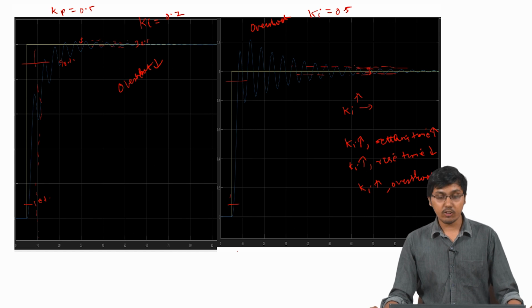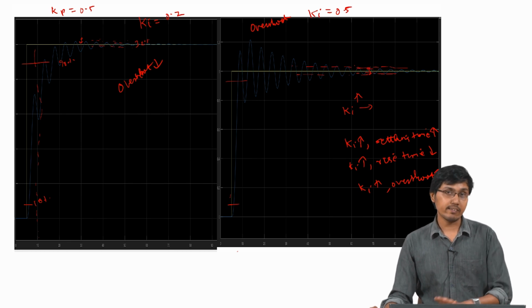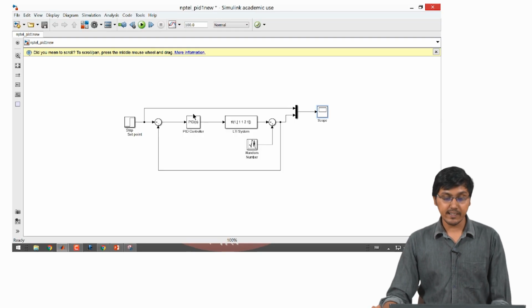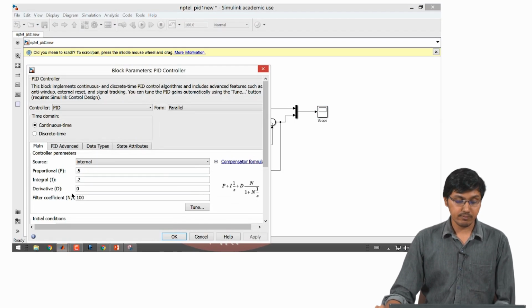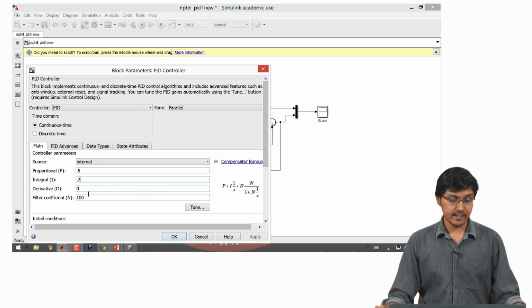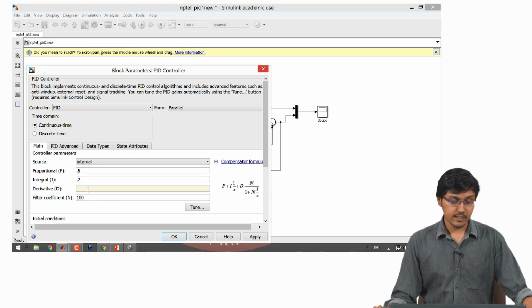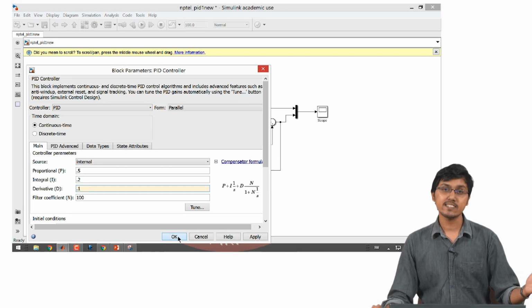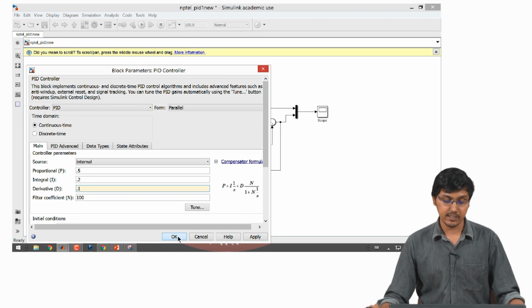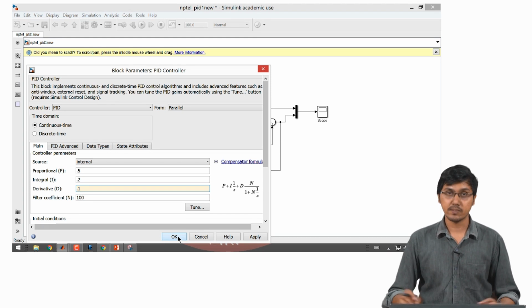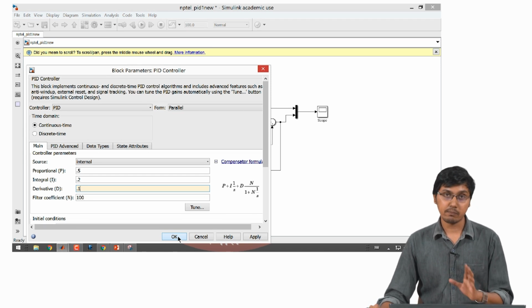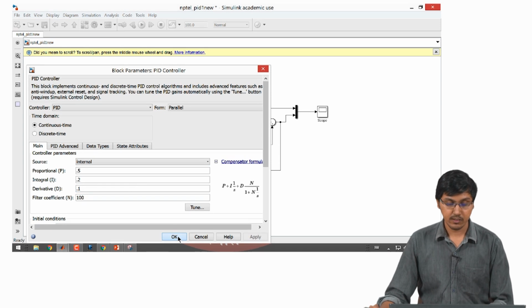Now, next we will change the derivative gain and see what happens. Coming to MATLAB again, let us put some value for derivative gain now, and let us start with 0.1 maybe, but you can put other values. We are trying to see what happens. We are not going by any rule, we are just going to change the gains and see what is happening, basically for qualitatively comparing how these different gains behave.